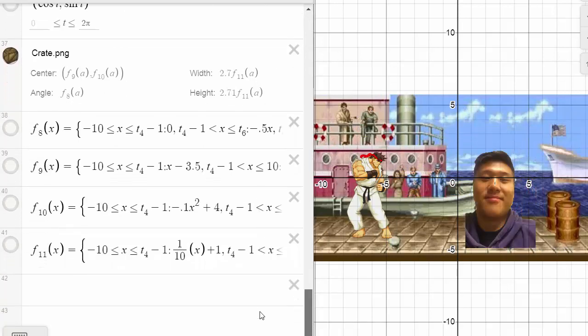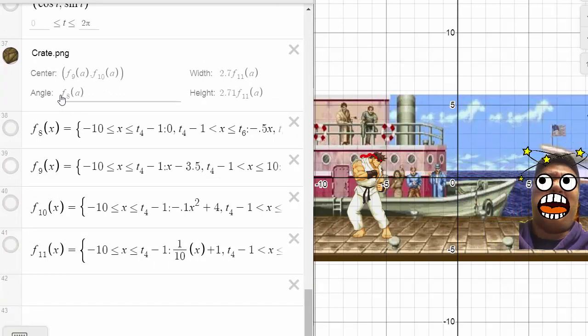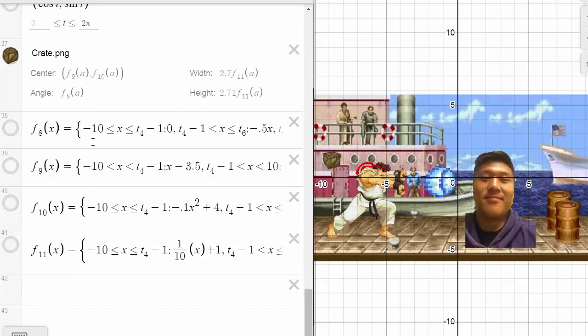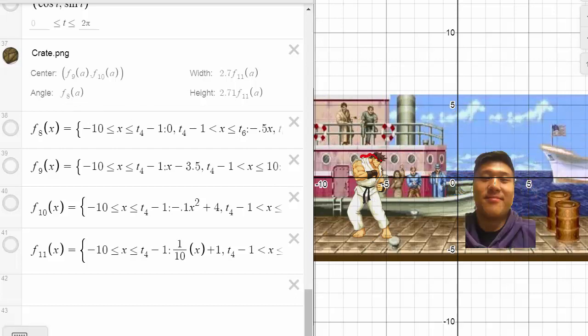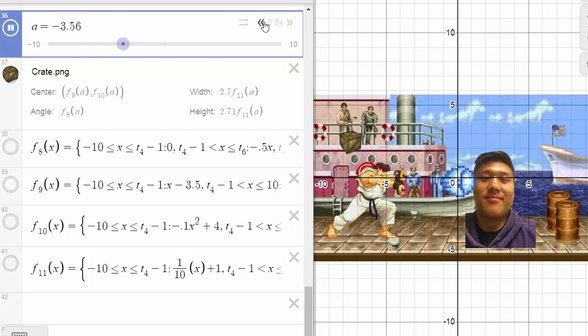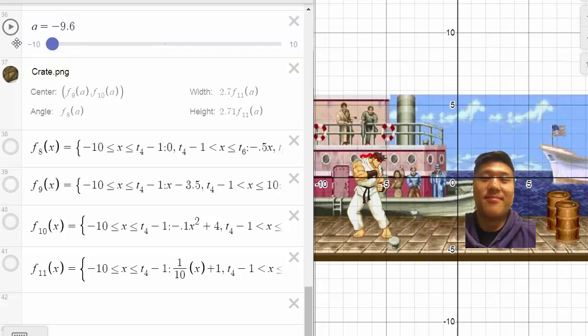And then this right here, just to give you an example of rotation, instead of rotation just tying it to the slider, I tied it to a function. So if you look at the A, and I'll actually slow this down, I'm going to move the slider to be much slower so you can actually see this kind of like a play-by-play. So when I first play this thing, the crate comes in from the left and it follows the